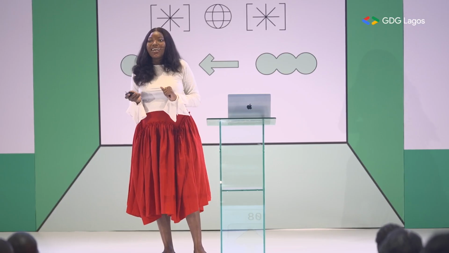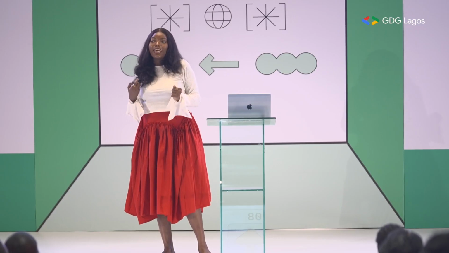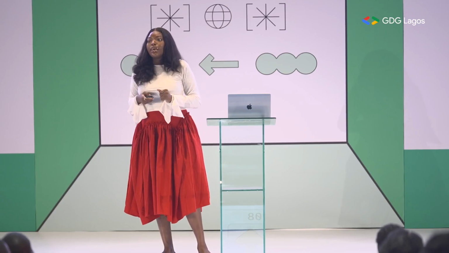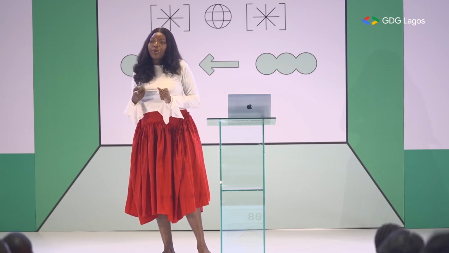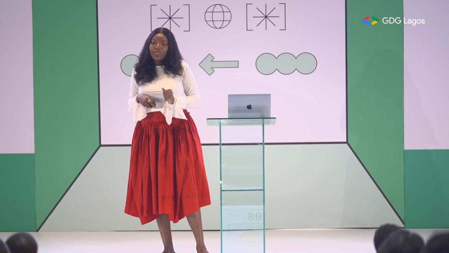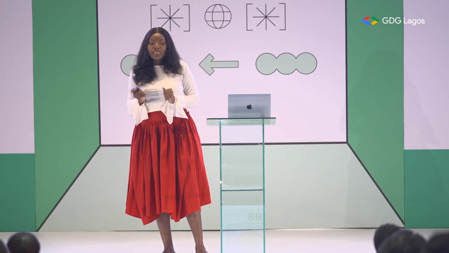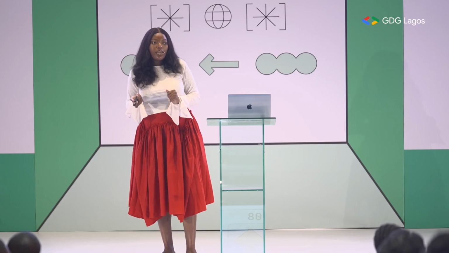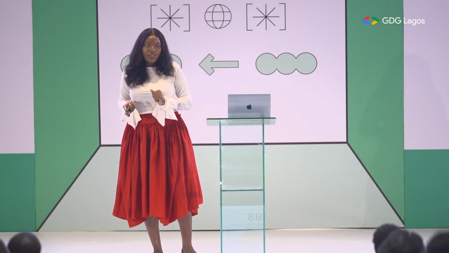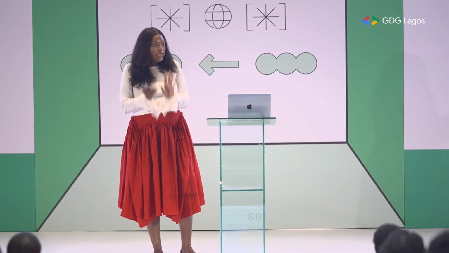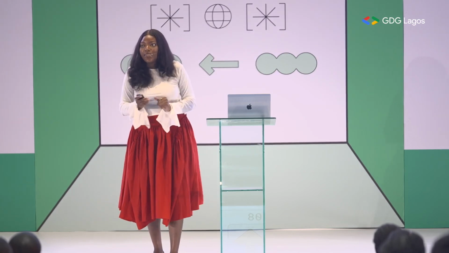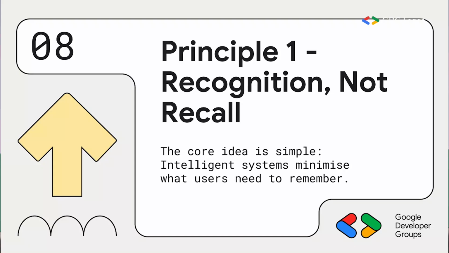There are 5 principles of intelligent design. So these ones are things I feel like everyone can take back to their desk. They have examples and practical use cases for this, so I'll try to breeze through it. I also want to point out that if anyone has any questions, please write them down. I like to take questions, so this is not just a yapping session, like I like to call it. I'm going to breeze through it because I know I've gone past my time. But the first one is recollection, not recall.